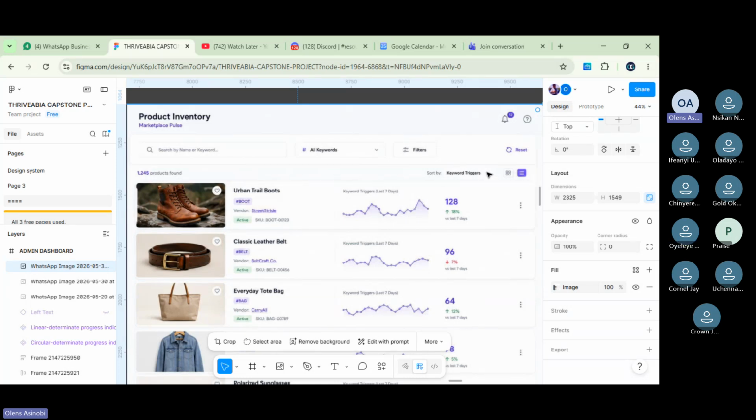So you can change the sort by option from keyword triggers to names. Meaning that if they change this from keyword triggers to names, this place is going to change from all keywords to